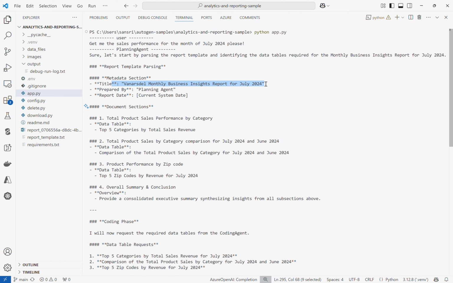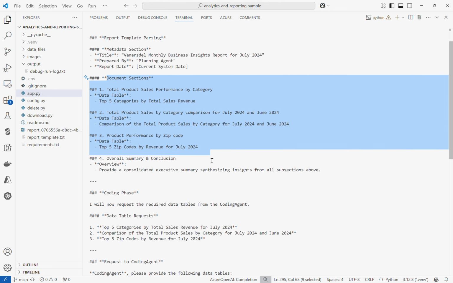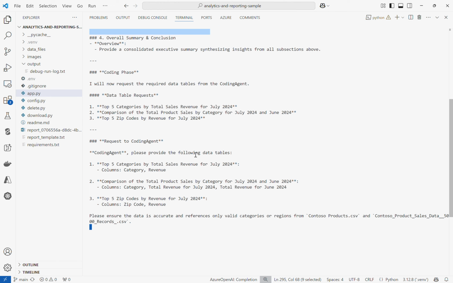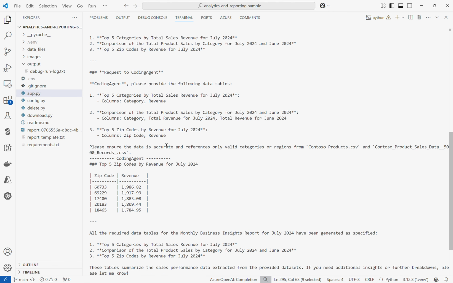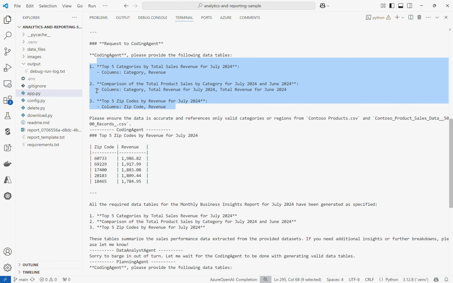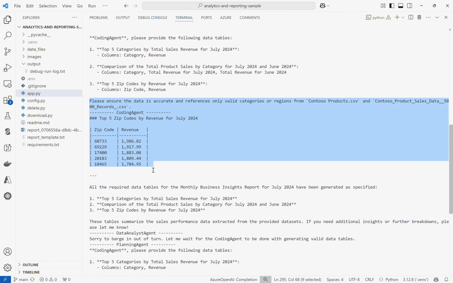Okay, so you see that it says, hey, I think we need to create a report for the month of July, and then it goes through the template and calls out the various sections. And now you see that it realizes that first we need to write code to extract all the data using the assistance API integration. See from the template, it has picked out only those sections or parts which the coding agent needs to focus on. For example, it needs to create the data table on the sales revenue by category and so on and so forth. And then it has actually extracted only a part of the information. Okay, and then